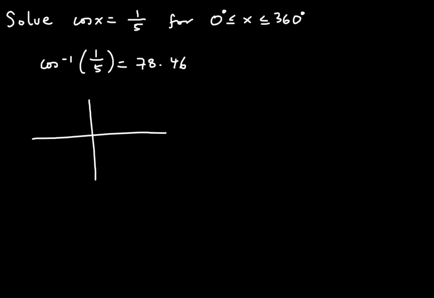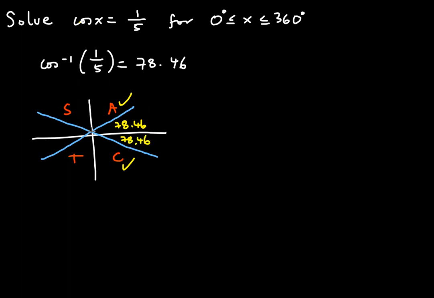And then you draw the cast diagram. SATC, and then since cos is positive for this equation, it would be this quadrant and this quadrant. So 78.46, 78.46,